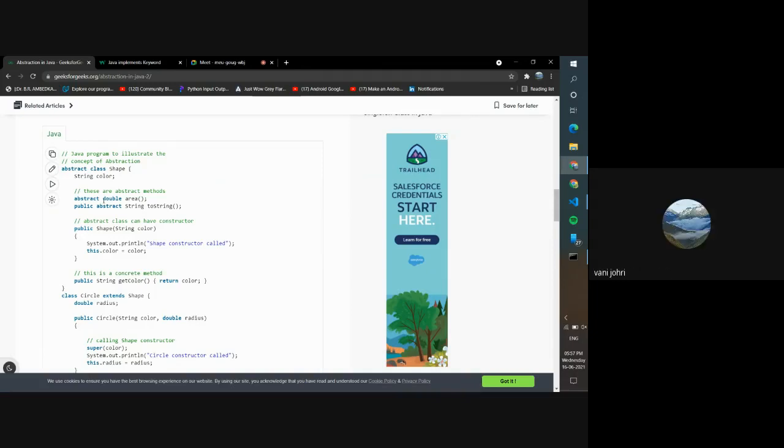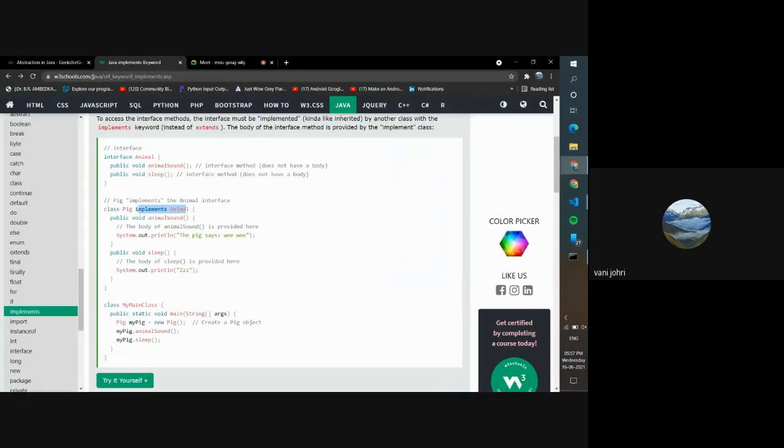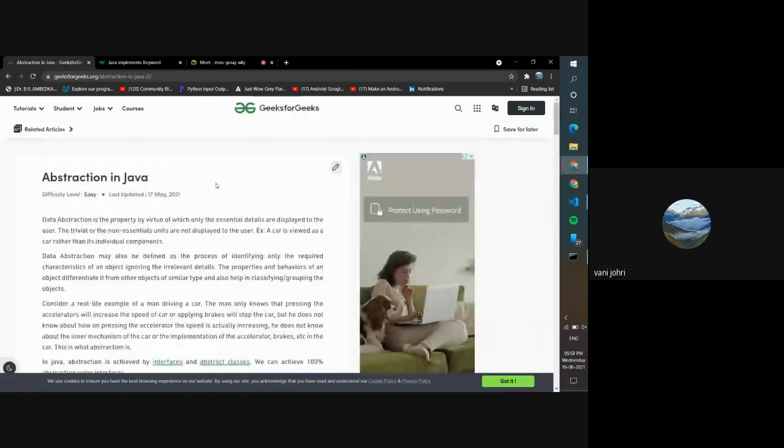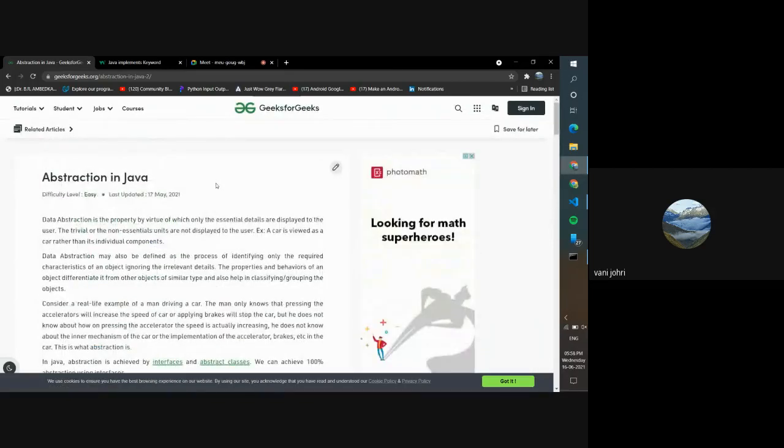Oh, okay. So this is all for abstraction. You can go to Geeks for Geeks. This is Geeks for Geeks, and this is W3 Schools, and read more about it if you want. And tomorrow we're going to do maybe encapsulation or something, and we'll move forward with project 2. So if you have any questions, you can ask me, or you can start leaving the class. Do remember to do the task.